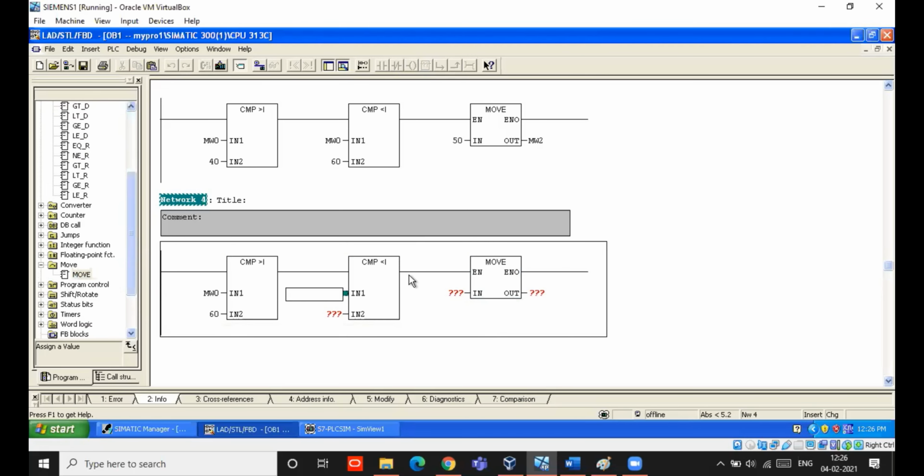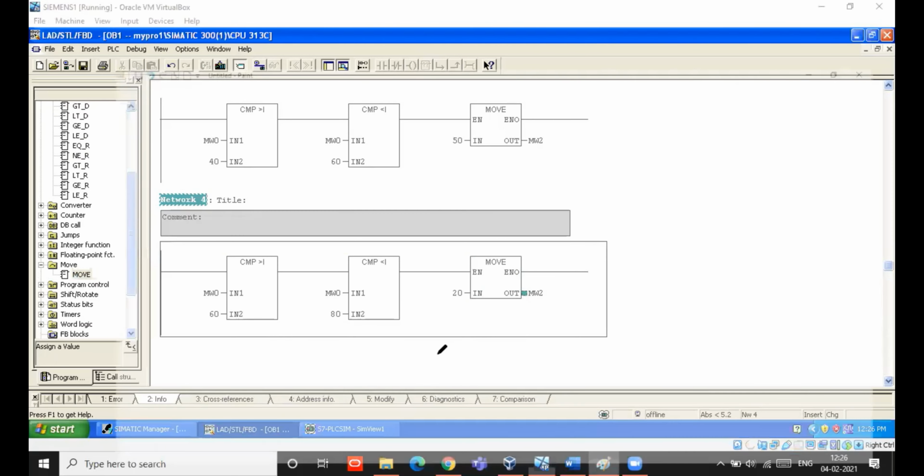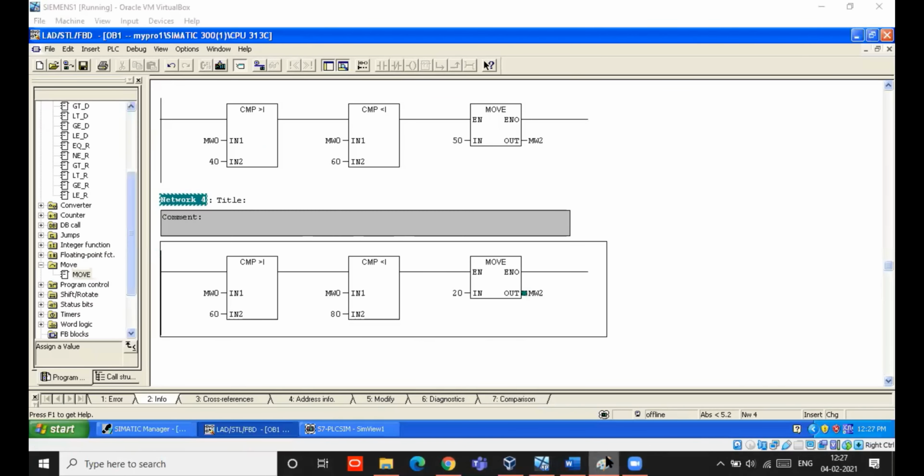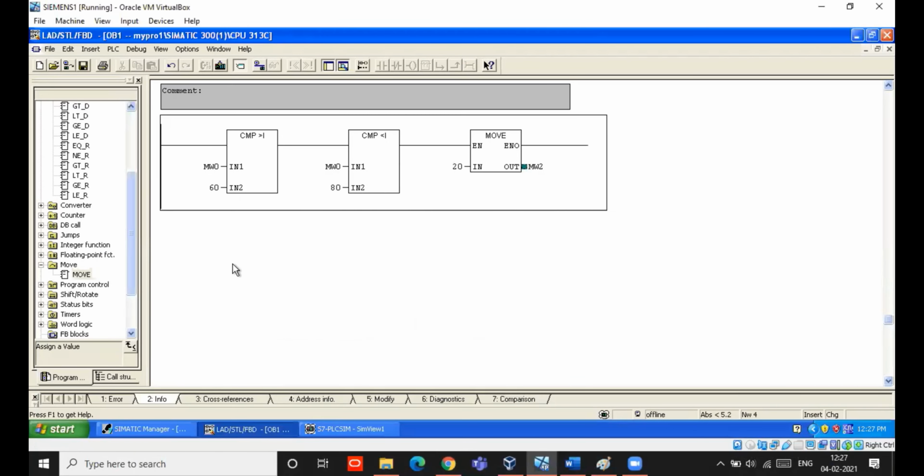Sixty to 80. Now what should happen? It should be 20% open, right? And the last one is, if it is greater than 80, 0%.